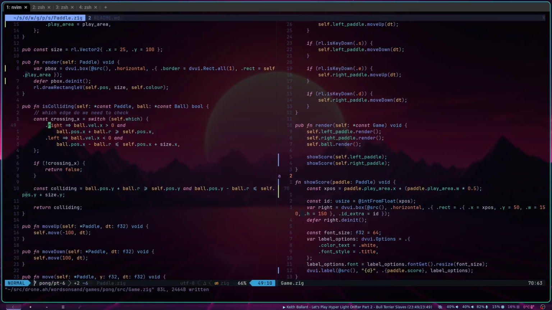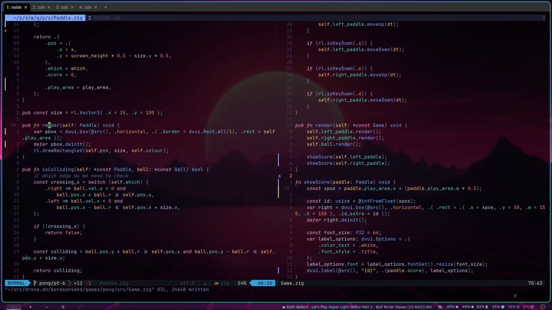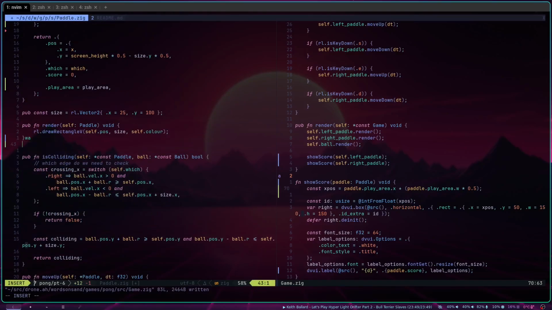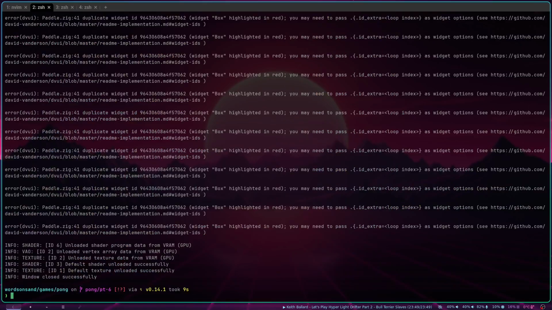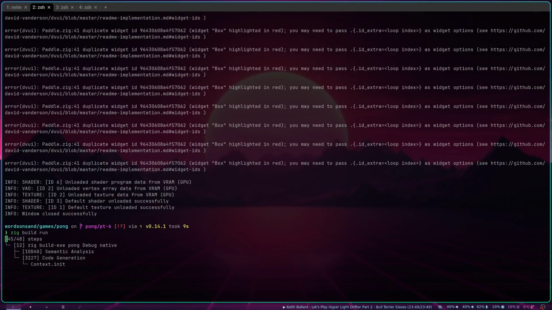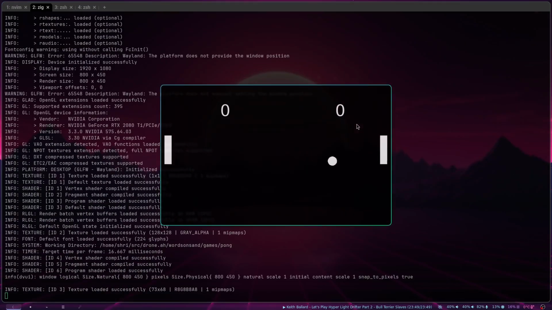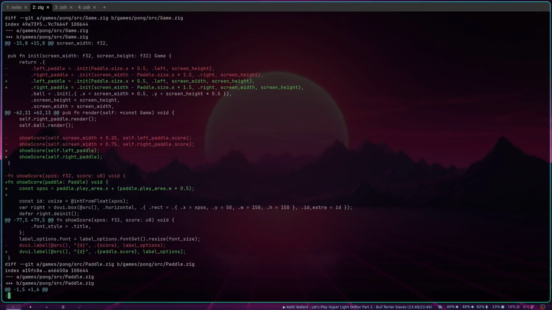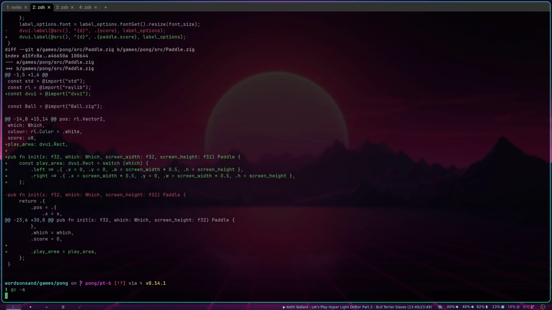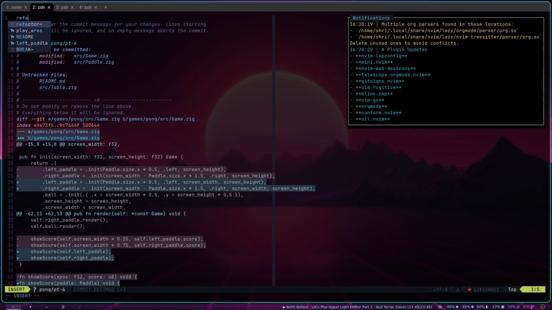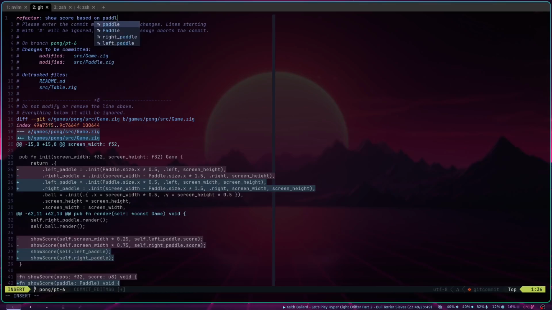Okay, now let's run paddle render D2D, and we should be able to see that now centrally aligned on both sides without the red boxes. Perfect. Okay, good. Refactor show score based on paddle play area,